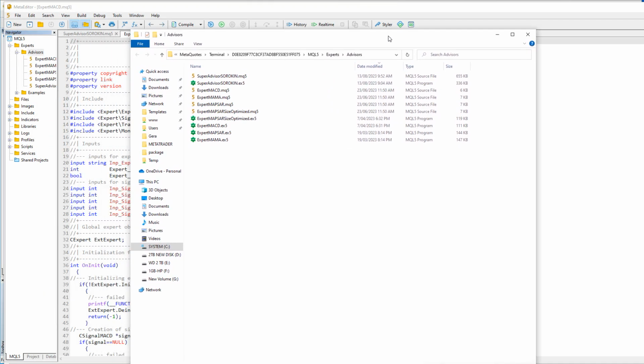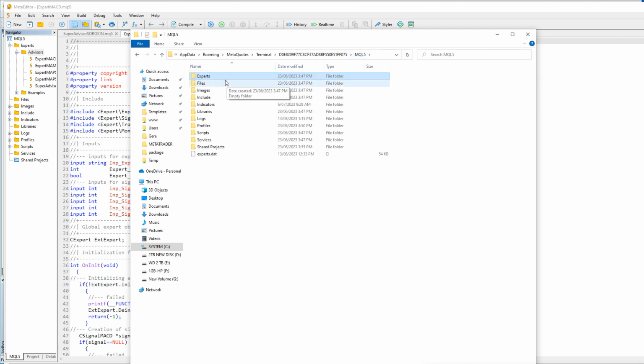And we get the long link. It will be a different location on your computer, because there is a unique number on every computer. But we have the location of the MQL folder, with Experts and Advisors. If you click on the MQL folder, we have Experts, where the advisors are located, Indicators, and Profiles, where you can put the templates. So what are you going to do? First of all, we need to put